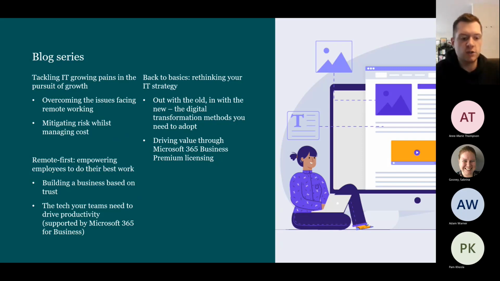And ideally, we would look to weave in client quotes. If we've got a skyscraper within our business, and we refer to a skyscraper as somebody who's an expert in a specific area, a specific theme, so it could be we've got an industry expert on digital transformation. We've got this person specifically to maybe list the process. We put a quote in there, you might put a picture, you might put a LinkedIn profile link, just to bring home that credibility and referenceability. And then we'd look to the last section there around how we can drive value through premium Microsoft 365 for Business licensing.